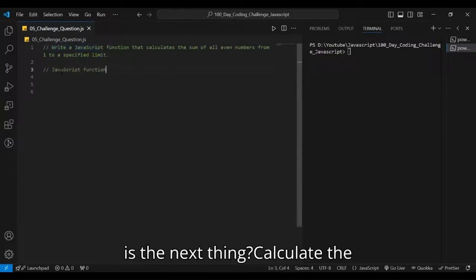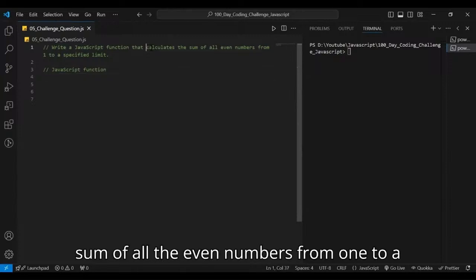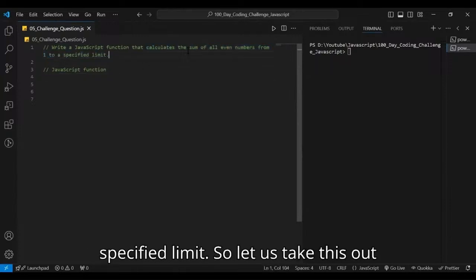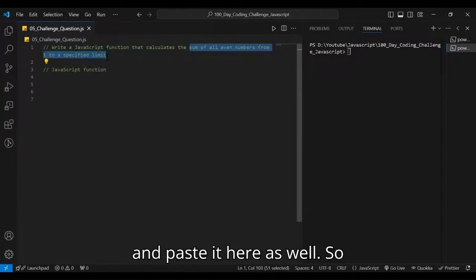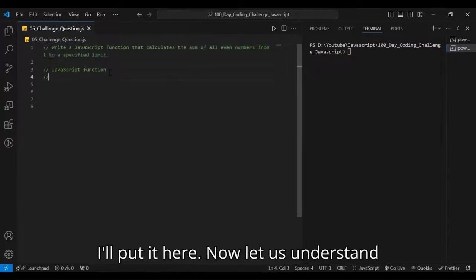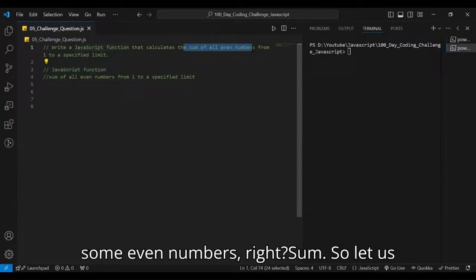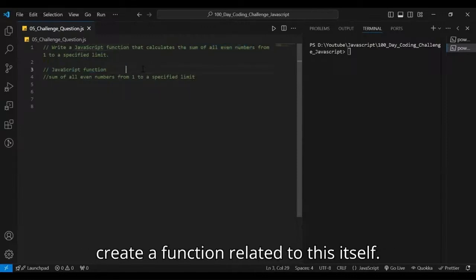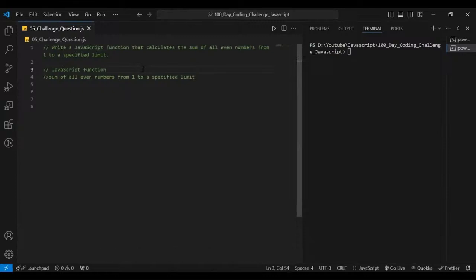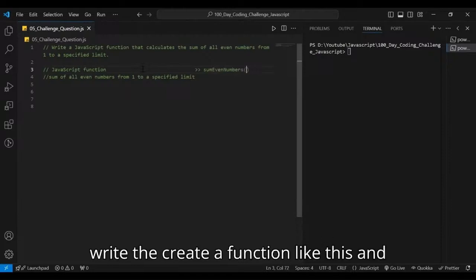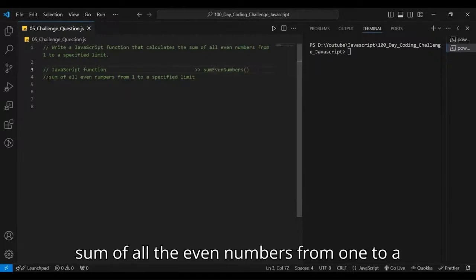Now what is the next thing? Calculate the sum of all the even numbers from 1 to a specified limit. So let us take this out and paste it here as well. So we'll put it here. Now let us understand it. JavaScript function, it is related to some even numbers, right? Sum. So let us create a function related to this itself. So I'll write here sumEvenNumbers. Okay. Let us create a function like this, and sum of all the even numbers from 1 to a specified